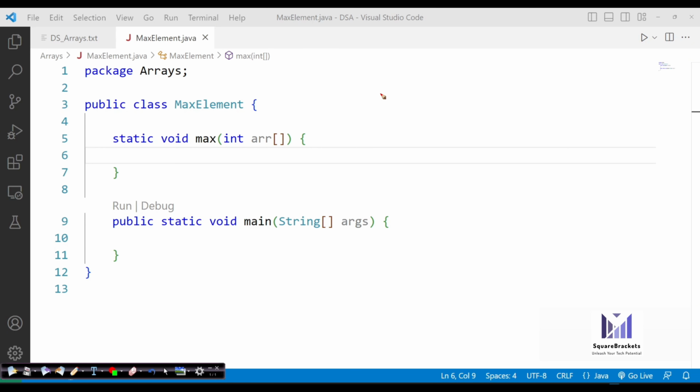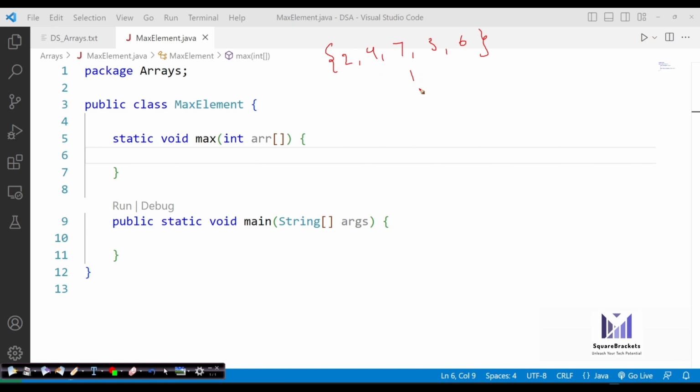Naive approach simply means that, let's say if we have this array, 2, 4, 7, 3, 6. Suppose this is the array given to you and you have to find out the max element of the array. So you will pick first element, that is 2, and start comparing 2 with rest of the elements. If none of the elements is greater than 2, you can say 2 is the max element. Then you will choose 4 and start comparing 4 with next elements. But again, you can check if 4 is not max, then you have to again do the comparison.